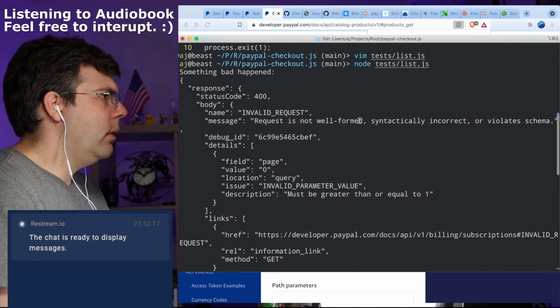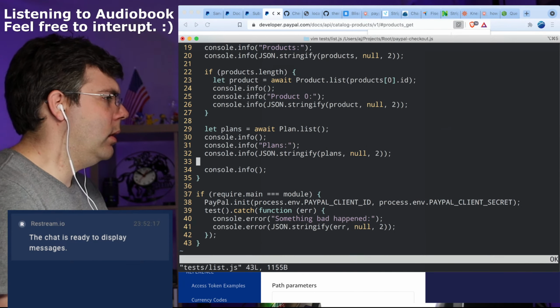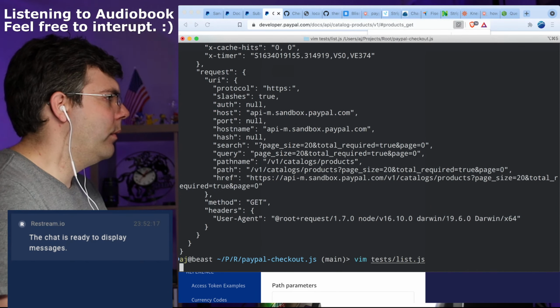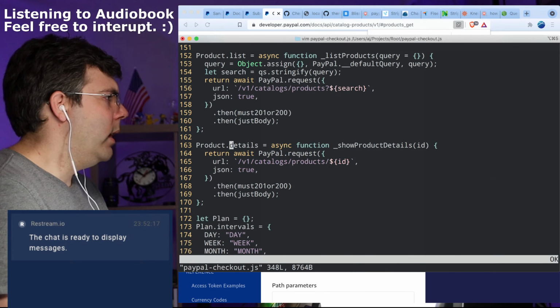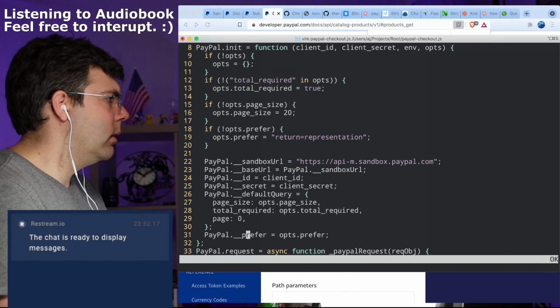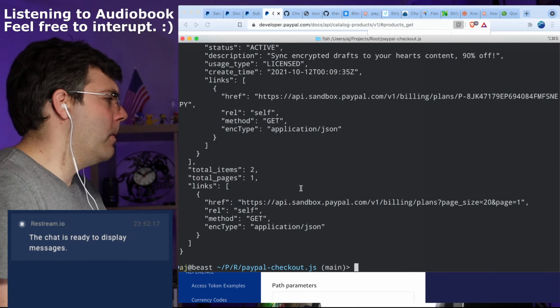Something bad happened. Oh, duh. Well, not duh, but it one indexes, not 0 indexes, which I think is more common for paging. Okay, cool.